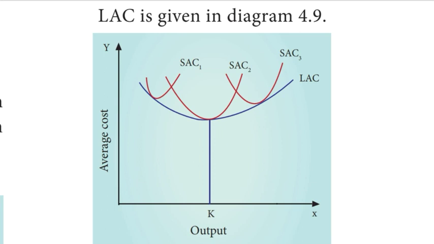The long run average cost curve is called the planning curve of a firm as it helps in choosing a plant for the decided level of output. It is called the envelope curve as it envelops a group of short run cost curves, as in figure 4.9. From the figure, we can understand that the long run average cost curve initially falls with increases in output and after a certain point it rises, making a boat shape.